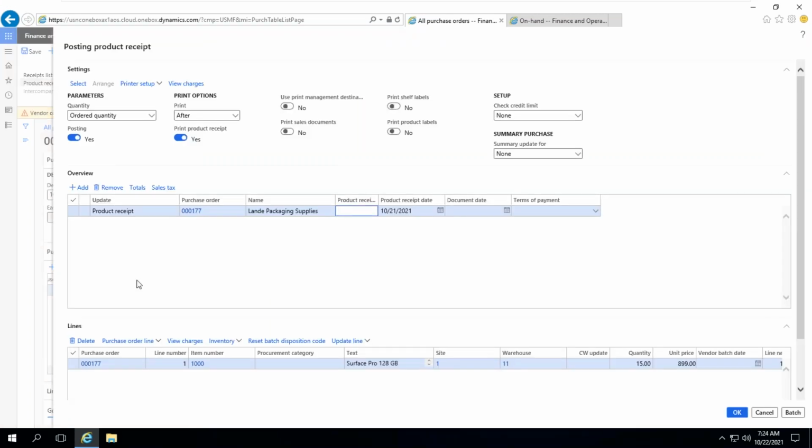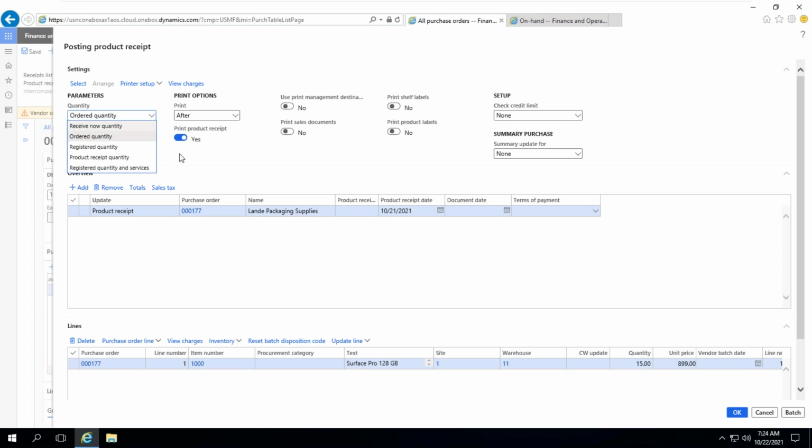So now if you look at this one, it is showing 15 quantity because the ordered quantity is showing. Now I'm changing from ordered quantity to receive now quantity. There are many things you will understand later.